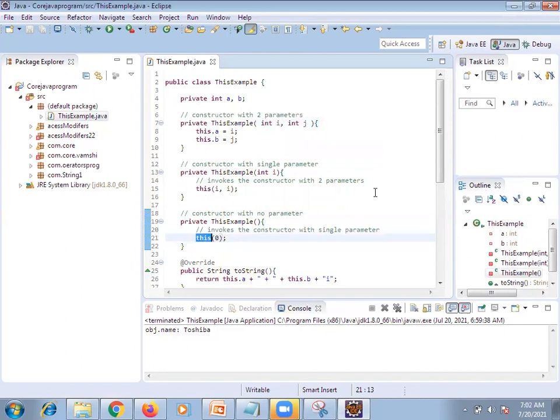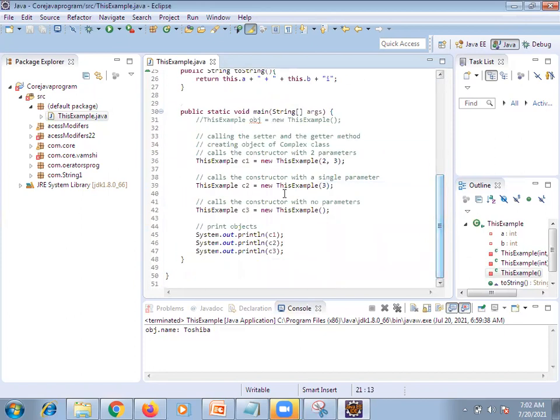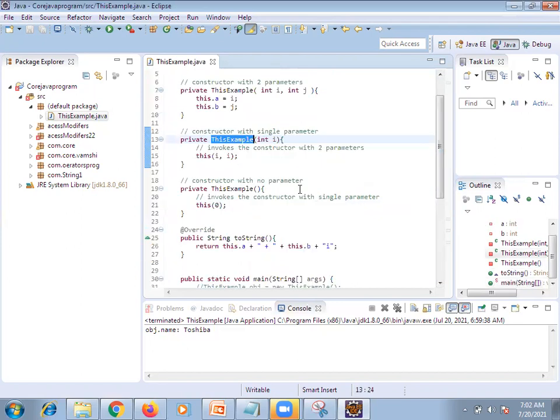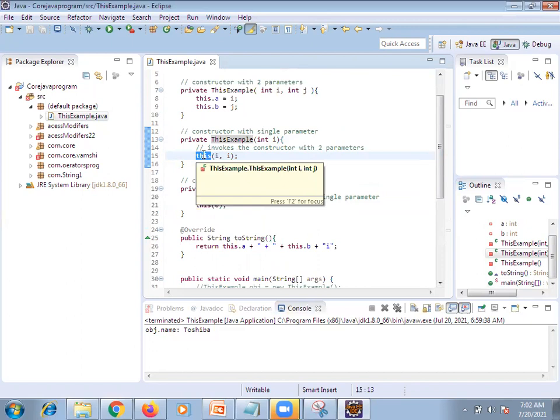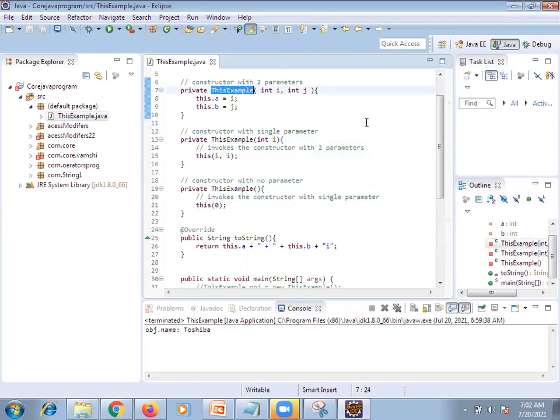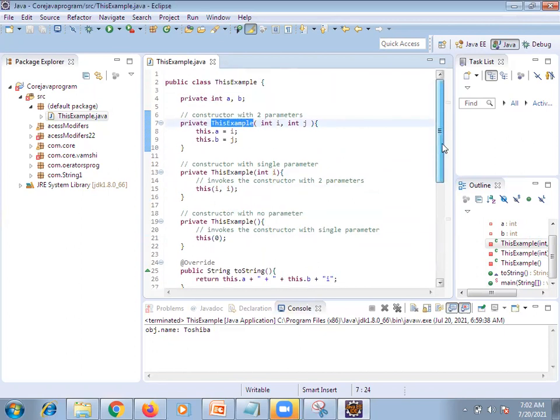You can call this inside here, while creating the object, but you cannot call it in the default constructor. But whenever we want to call a parameterized constructor from the single parameter one, we need to use the this keyword. Got it? This is the importance of the this keyword.